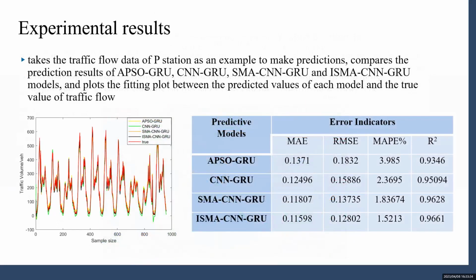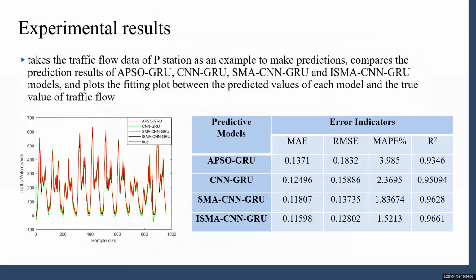In order to observe the advantages and disadvantages of the prediction effect of the ISMA-CNN-GRU model, this experiment takes the traffic flow data from P station as an example to make predictions, with a sample size of 960 for the traffic flow from August 25 to 30 and September 25 to 30,